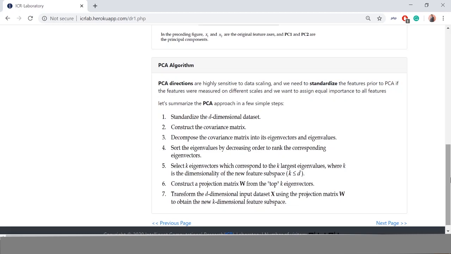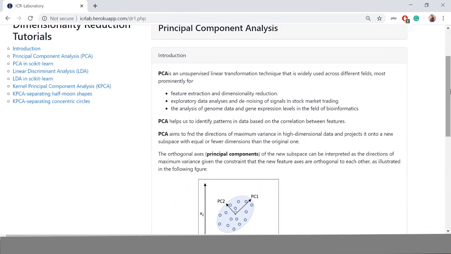We find the topmost k eigenvalues of the covariance matrix, sort the eigenvectors by eigenvalue in descending order and select the topmost features using PCA. Now I will discuss how to implement the PCA algorithm with the help of scikit-learn.